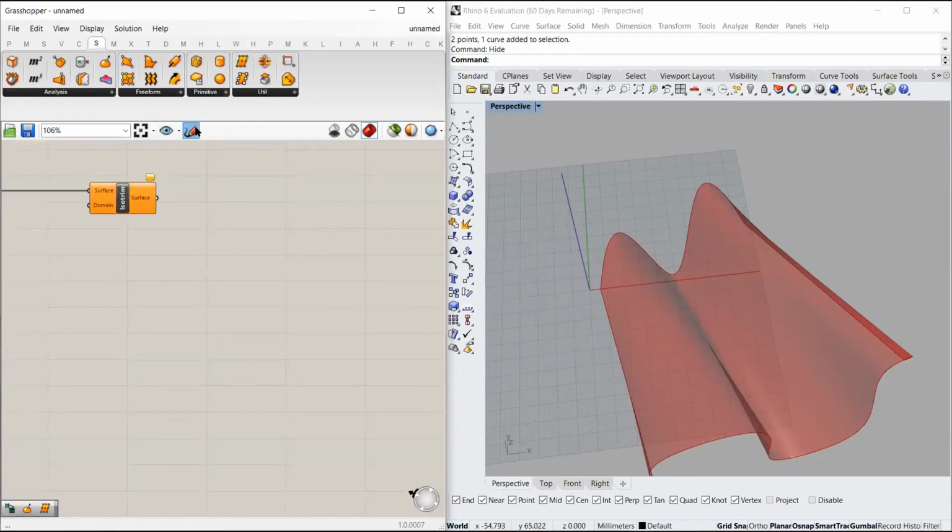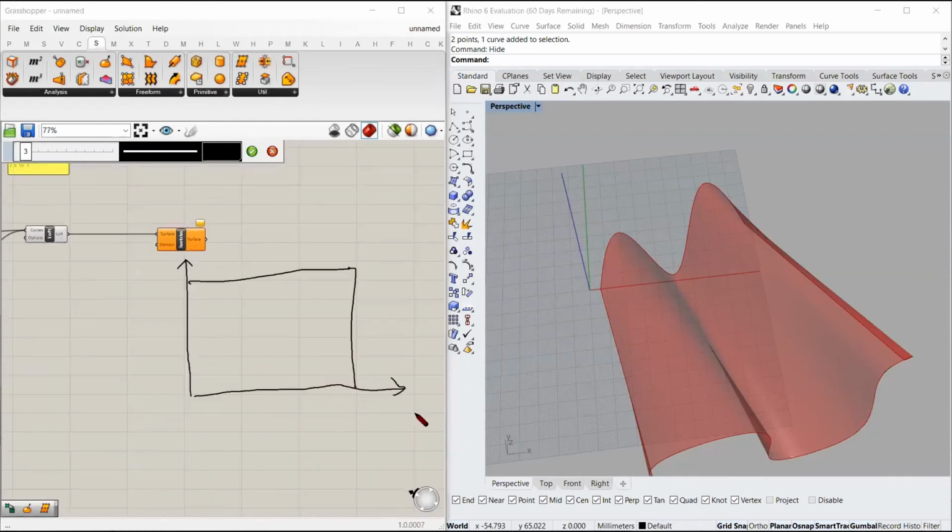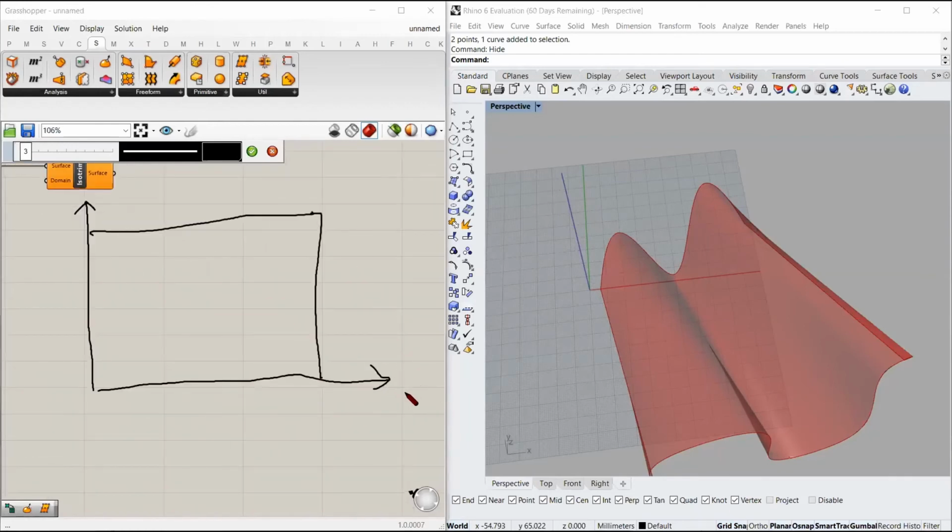Now suppose this is a graph, and I have a surface somewhat like this. This is the x direction, this is the y direction.